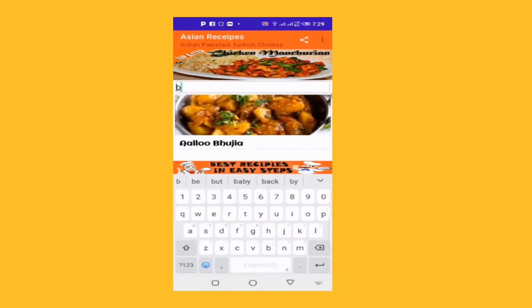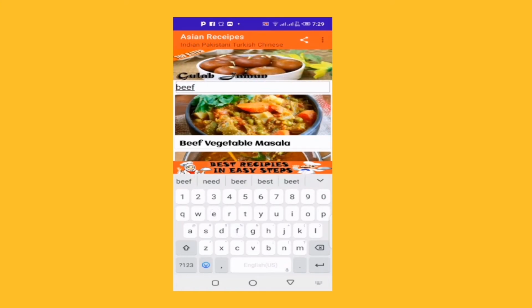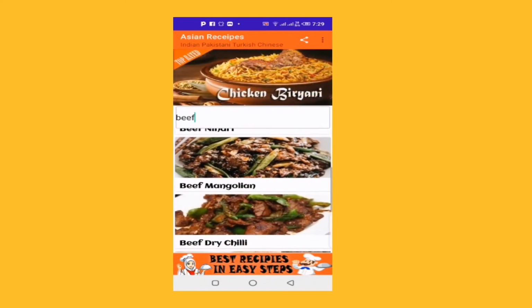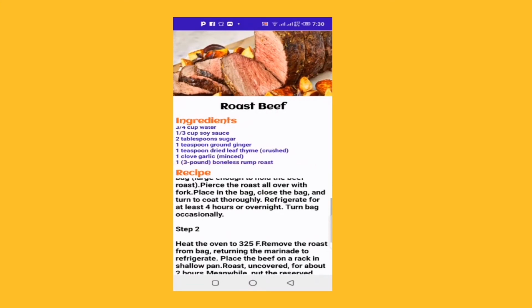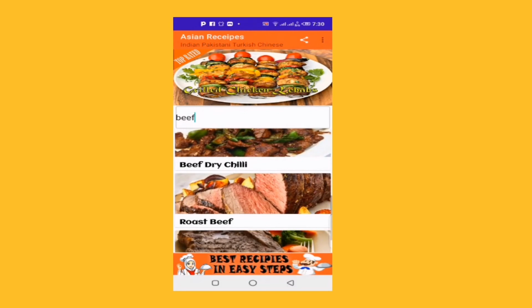Not only this, you can also search for anything, like beef, chicken, or whatever. If you write beef, you will see thousands of beef recipes. Just click on any of them, and again you can see the ingredients and the recipe, and just follow it, and